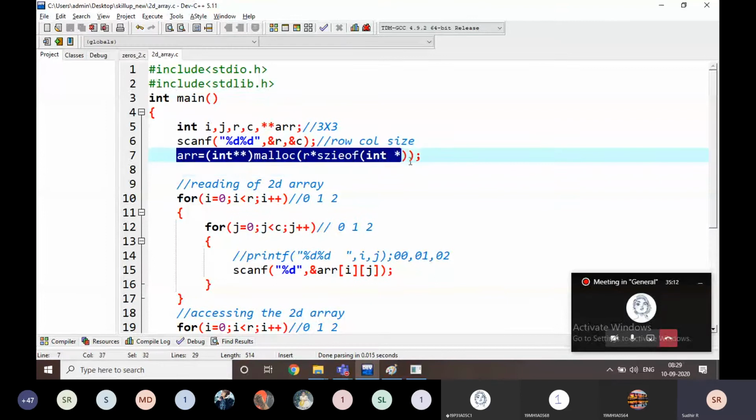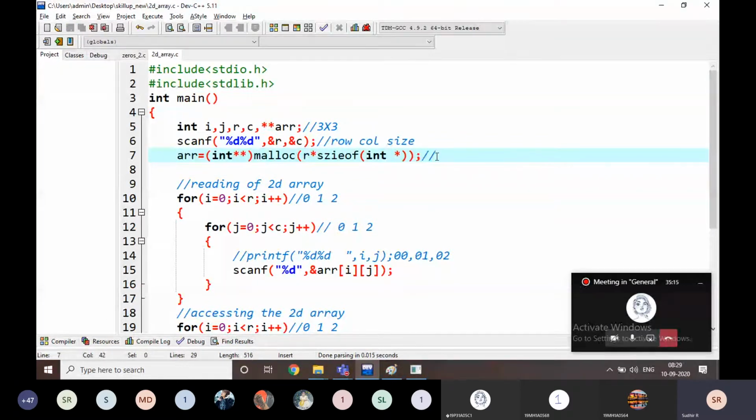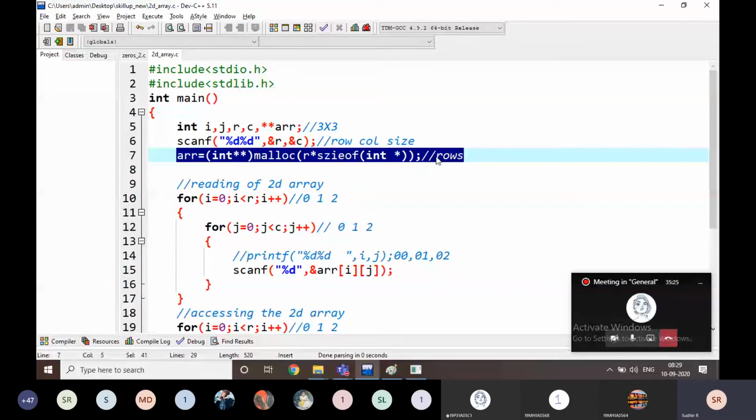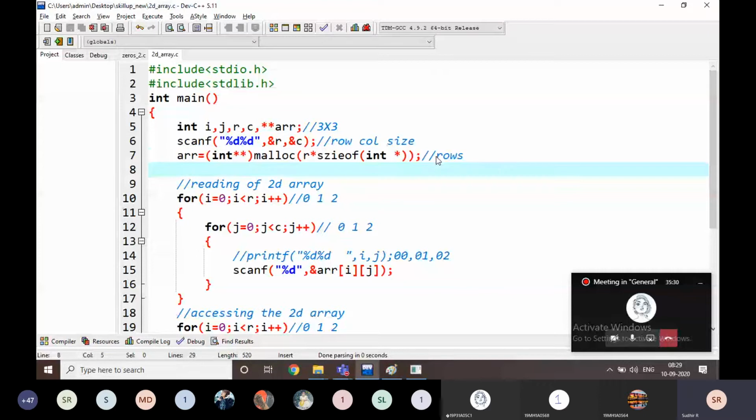Now I am going to allocate. How many rows are there? I am going to allocate 3 rows here. I will explain, just wait. And after rows allocation, I am going to allocate how many columns here for every row. And just wait. For i is equal to 0, i less than r, i plus plus,